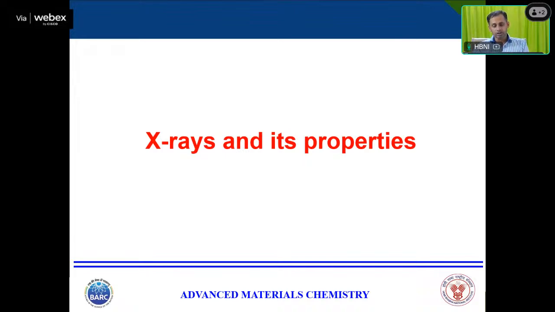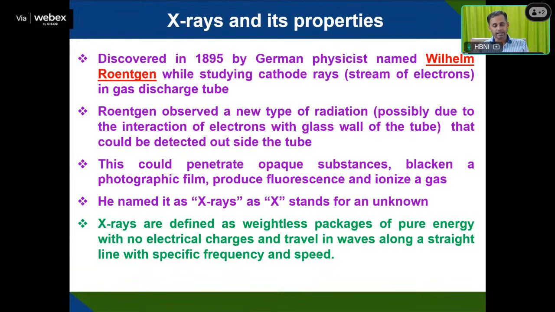But today, in the next 20-25 minutes, I will cover how X-rays are produced and what their characteristics are. So first we'll touch on the X-ray techniques, then we'll go to the neutron diffraction techniques, then finally we'll go to the electron techniques. X-rays were discovered in 1895 by the German